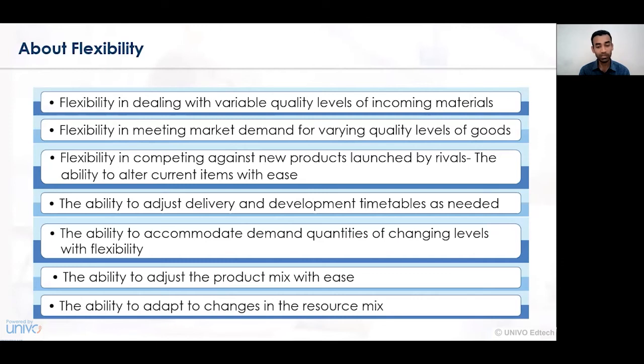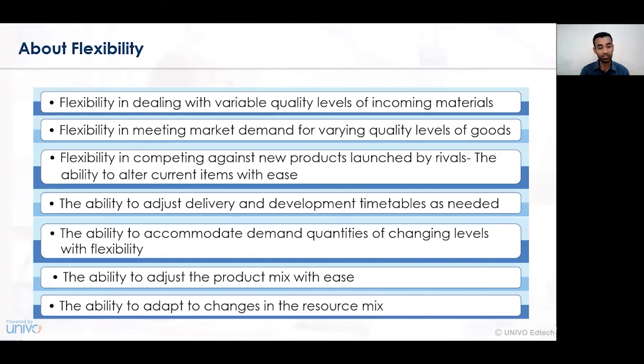The ability to adjust the product mix with ease. The product mix with respect to the various components or factors of production, that is, the availability of land, labor, capital, enterprise, and resources, the type of product, quality of product, the size, color, shape, design of the product, and so on. So, certain product attributes with respect to the manufacturing also need to be eased at a minimum level, and accordingly, the qualitative product should be delivered to the consumer. This particular delivery should always be taken in the specified time frame,